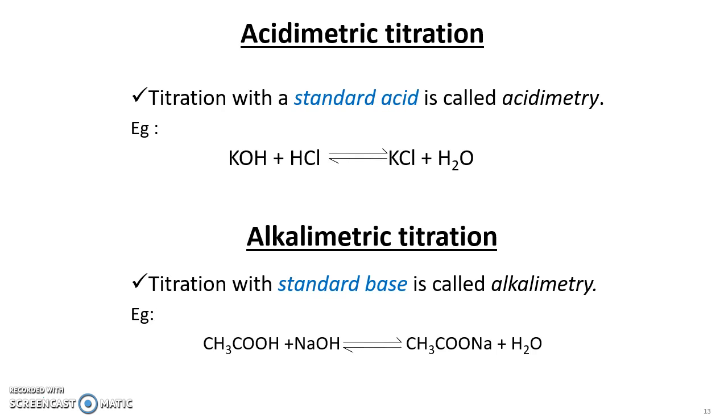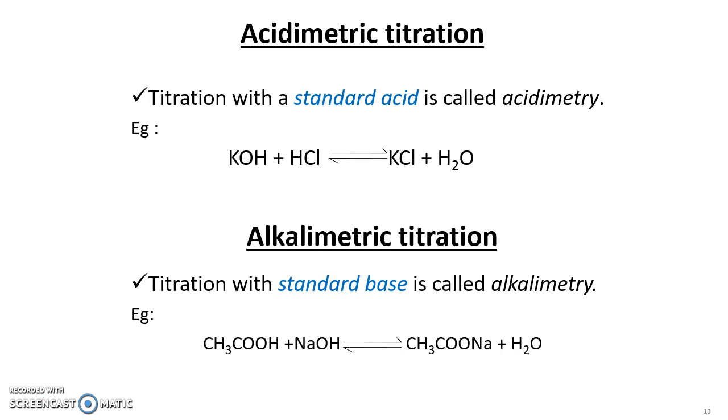Acidometry is titration which is meant for determination of alkaline substances, where titration with the standard acid occurs. In alkalimetric titration, titration with the standard base takes place. An example for the acidometric titration is,